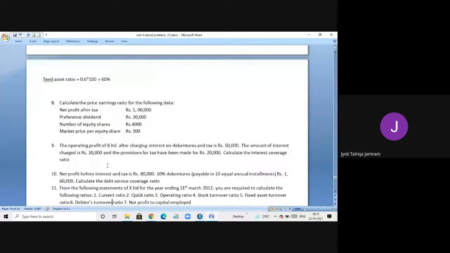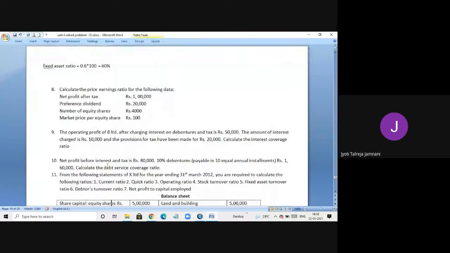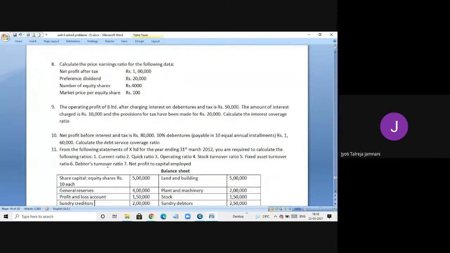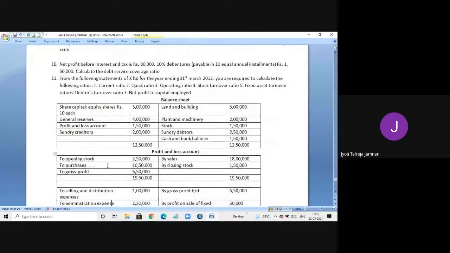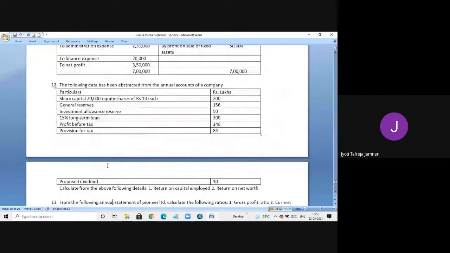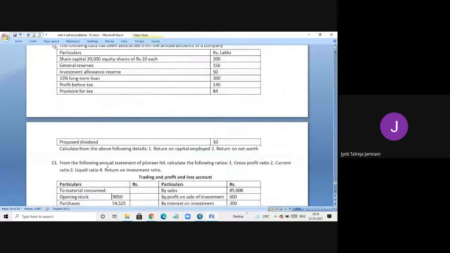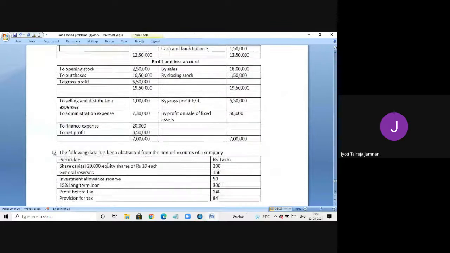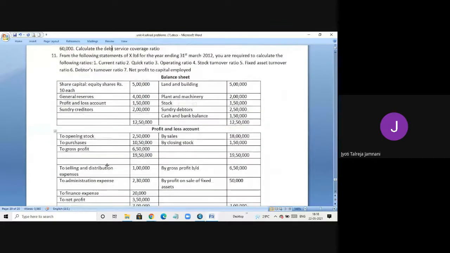Now the rest of the questions are not that many. The questions are small. They've asked hardly one ratio each, so that you all can understand those ratios, because there are a few ratios which are not there in the big problem. So I have also taken small sums where I can explain a few individual ratios.